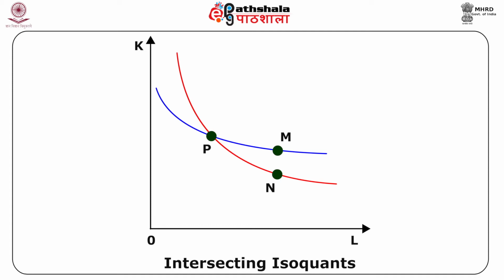the same isoquant. M represents the same level of output as P, but P and N also lie on the same isoquant. So, the output level at N is the same as that at P. This implies that output at M and N are equal, so that they should lie on the same isoquant. However, it can be seen clearly from figure 3 that M and N lie on different isoquants. So, the level of output at M and N cannot be the same, as this leads to a contradiction, thereby showing that two isoquants cannot intersect.